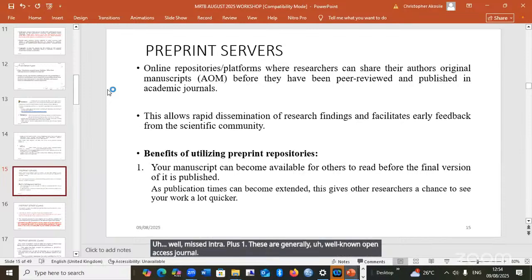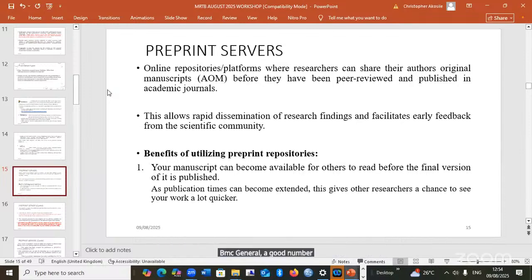BMC generally, a good number of our colleagues have been able to publish. What makes BMC stand out from all others is that they have waivers for low and middle income countries, and many Nigerian researchers have been able to benefit from it.